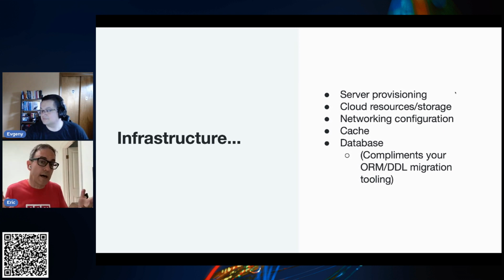Depending on how and where you provision, maybe we're literally talking about server provisioning. This could be actual physical servers, virtual, or cloud resources, with the software that you're going to need that's not your application, but that gets all of that set up. If you're deploying to the cloud, as so many of us are at this point, that would be cloud resources and storage. Maybe server provisioning is virtual. Maybe there's no server involved at all, but it's configuration. Clearly, there are quite typically networking components, so networking configuration as well, cache, other utilities, and database configuration as well.